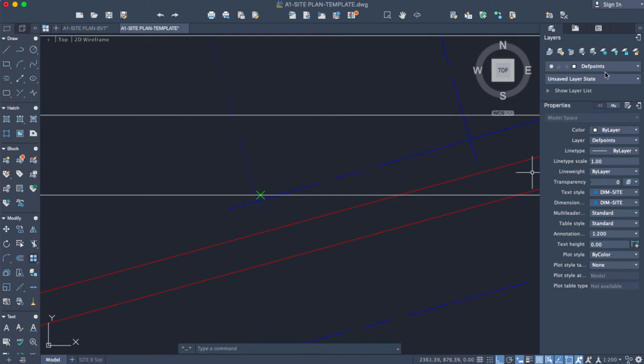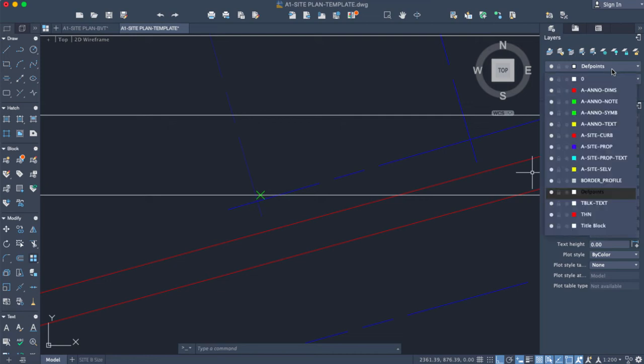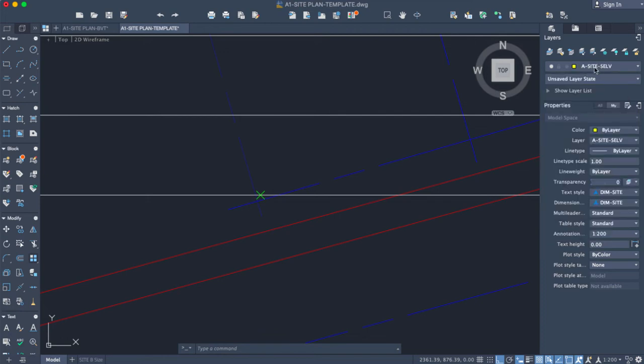So again, you have the two options. You can do it under the 0 layer and then change that, assigning it under the proper layer. So I'll go ahead with assigning the current layer under A-site sleeve. So this is the layers that you will be using for those text. And then using